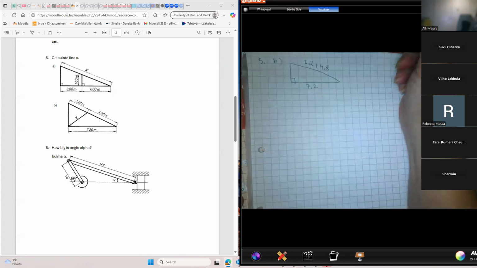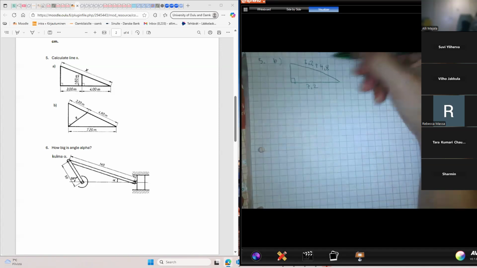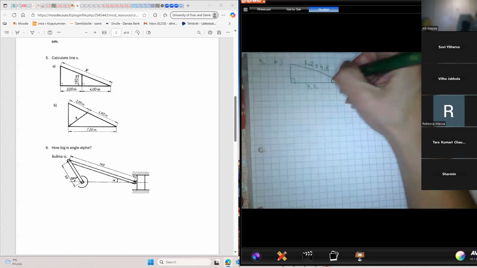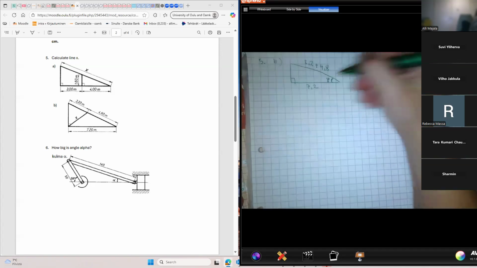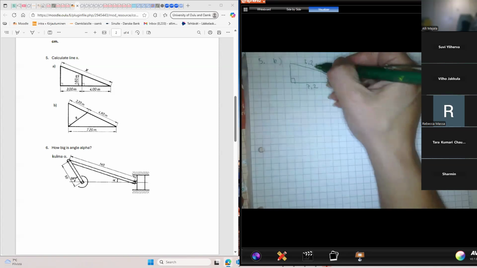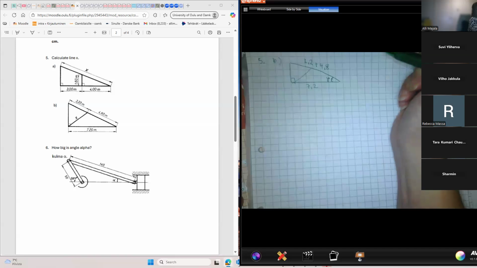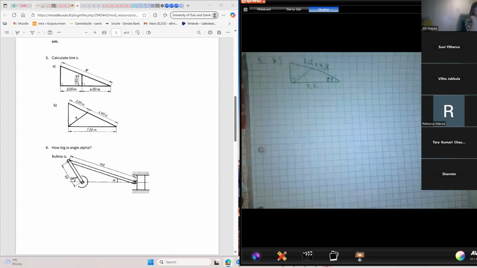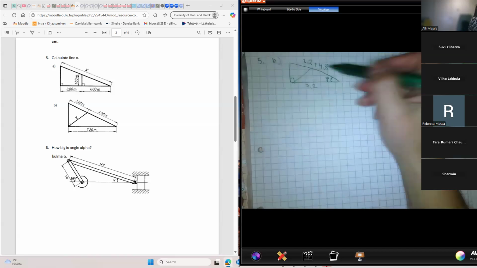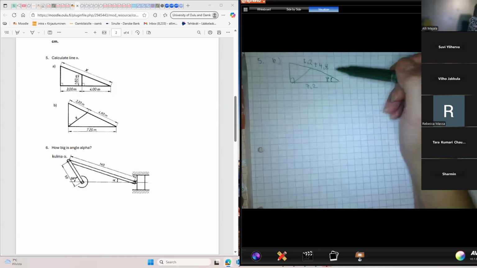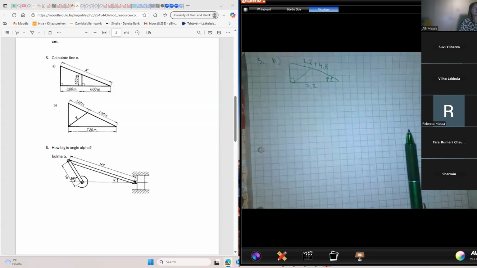And it's a right angle triangle. So if we solve this, for example, we can mark it with comma, then we get this, then we have this triangle,